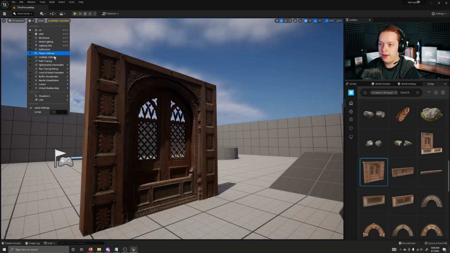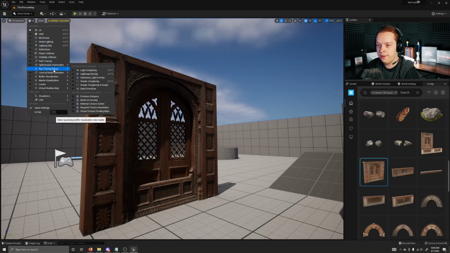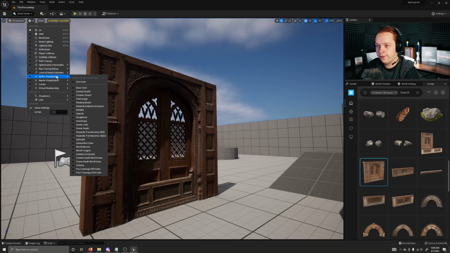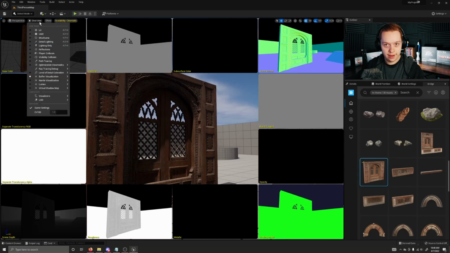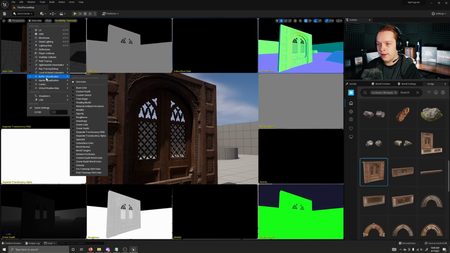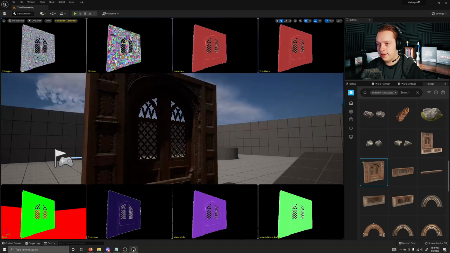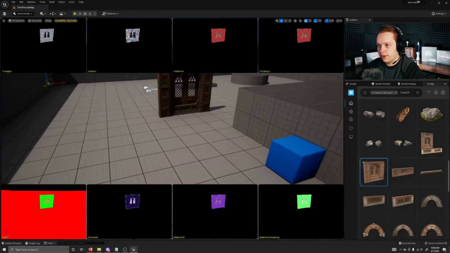And we also have a bunch of different debug modes. We have debug for ray tracing. We have buffer visualization for the different buffers, like normal, specular, base color, roughness, shading model, stuff that you'll become much more familiar with over time as you progress in the engine. And now we have nanite visualization, which if we click, we can see all the nanite related things in our level. And right now we can see this mesh we imported is fully